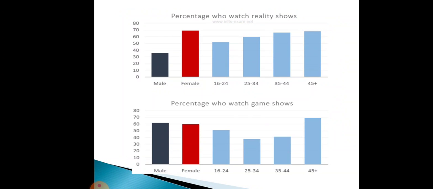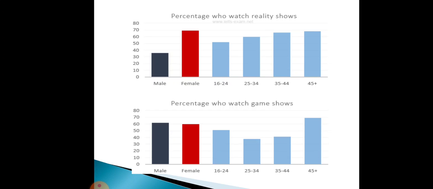So here you can write that the given bar charts show the percentages of both genders and four different age categories that watch reality and game shows. So here in the body you have to write about the difference in the percentage of men and women watching reality and game shows, and then the differences that can be seen in the various age categories also. So here for men and women you can write that